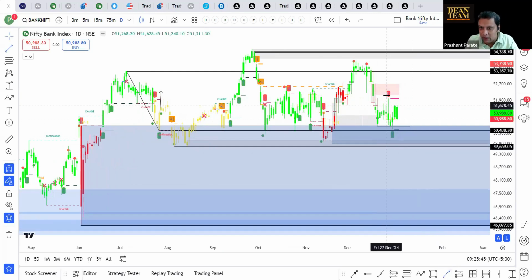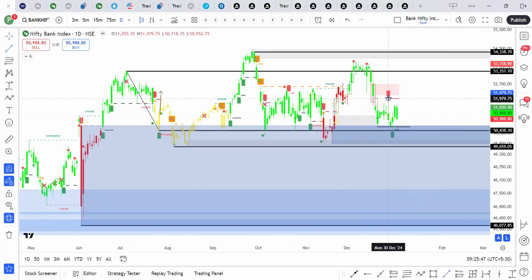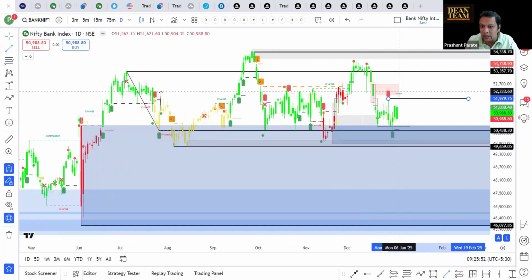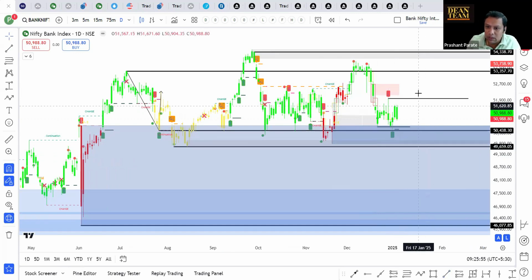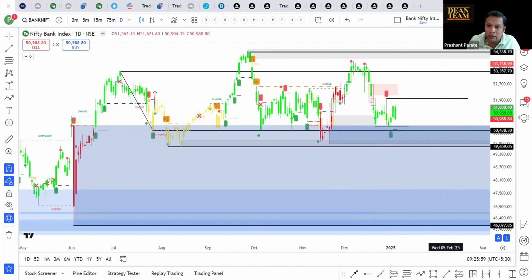When the high of this candle is broken, and when two buying force candles appear. We have just one right now. If one more appears, then it will show that prices are willing to go higher and higher. So if price closes above